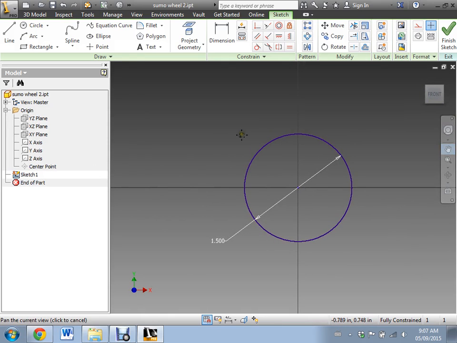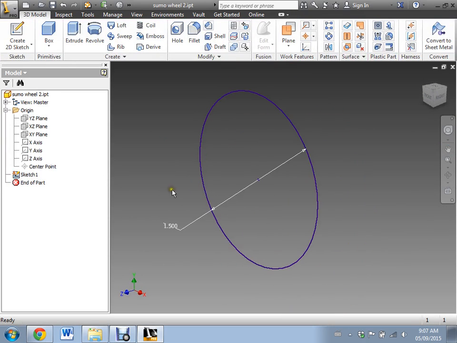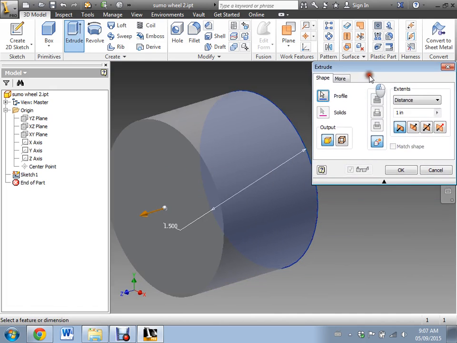So there's my first part drawn. It's just the basis of a wheel, and I'm going to click on finish sketch. Okay, so there it is, and now I want to extrude it, or make it into a 3D object. So very simple, click on extrude, and out it goes. You'll have this menu come up,